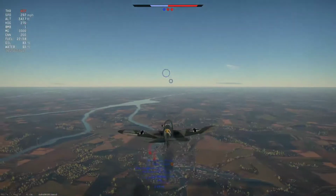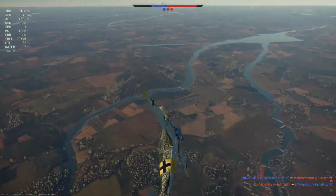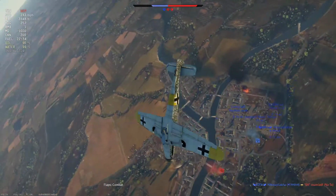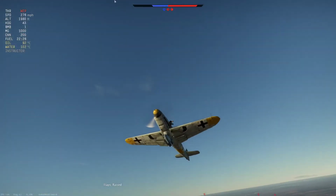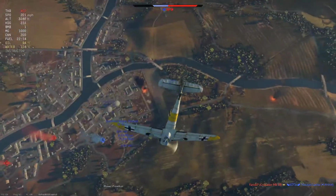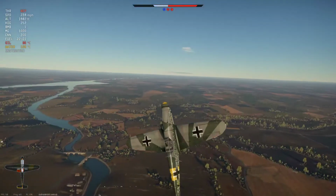Right, well, I don't know what's fully in the sky, so... I know there's a P-40 up, I think? That looked like a P-40. Nope, the Corsair looks like he was trying to stall me. Well, because we've got the bomb on, it's going to be a lot harder to do this. We've got to clear the sky somehow. And they've got another plane coming in. Well, we've got our work cut out for us, ladies and gentlemen. I'm going to do my best, but there's not a lot I can do. The Corsair's pulling energy out of its arse, so...